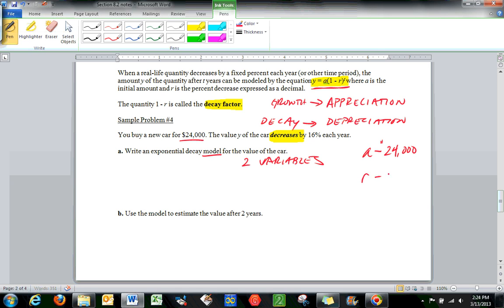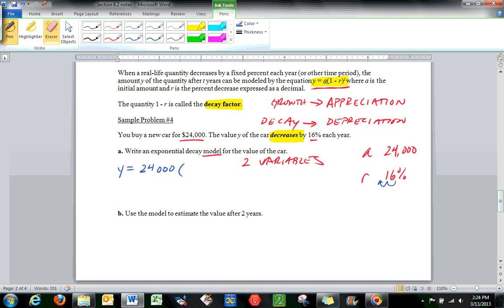And then our rate is 16%. And keep in mind that we have to write that as a decimal for us to use. So we simply are going to move the decimal point back 2 places so that we can write this decay model. So I'm going to have y equals